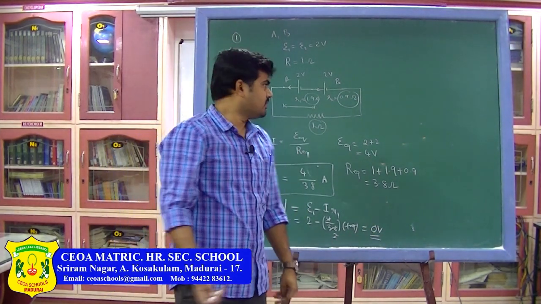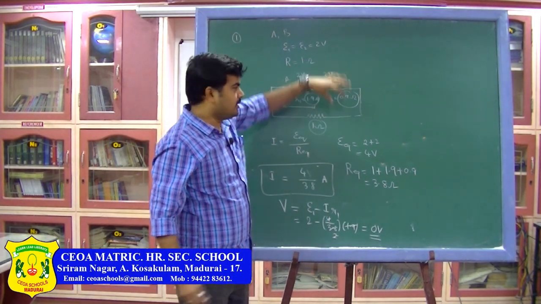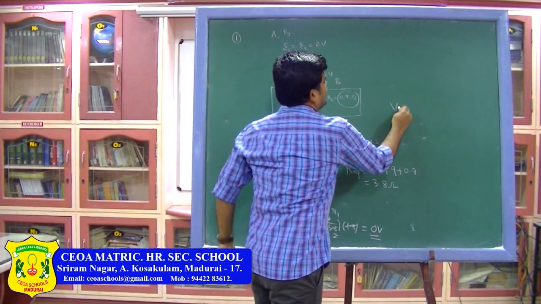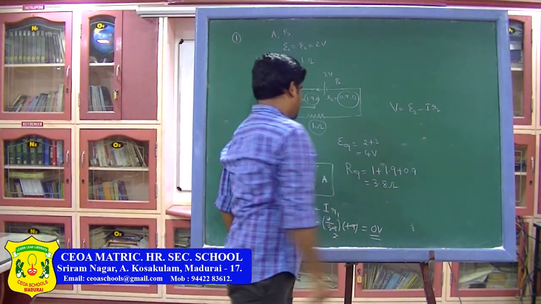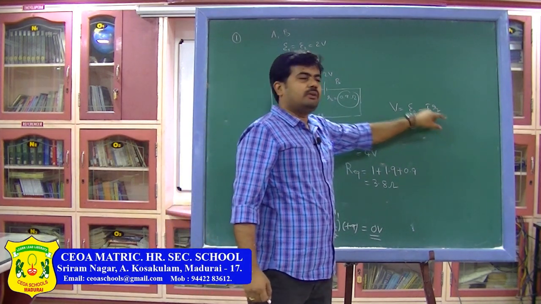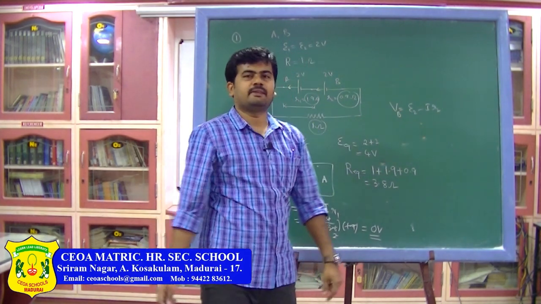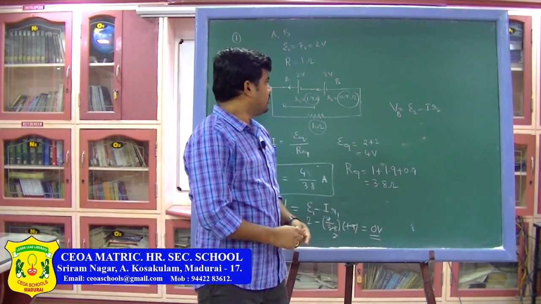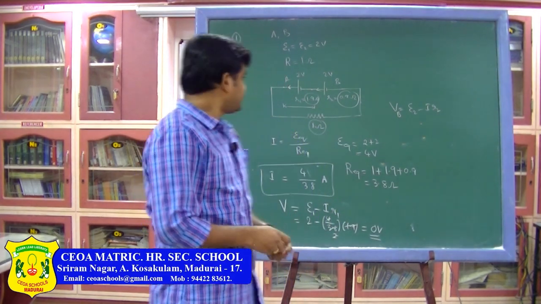Similarly, you can also find the potential drop across the terminals of the second cell by using V equal to E2 minus I into R2, because the I value is determined. You can substitute E2, I and R2 values and find the terminal potential difference across the second cell also. This is one method related to the series combination of cells. And the next problem is